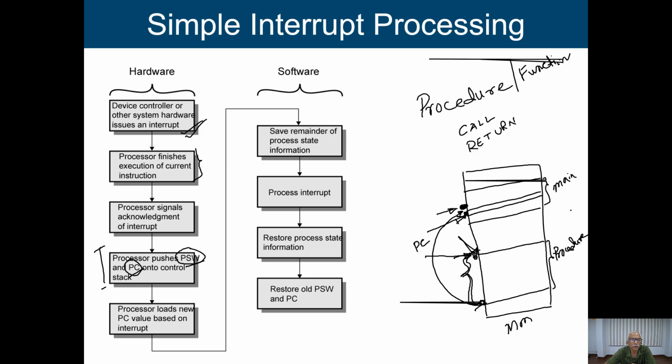Now the processor loads the new PC value based on the interrupt. Based on the interrupt, we have several interrupt service routines. This is maybe for hard disks. In some other location we may have some other service routine to handle other devices. So what will happen in this case? Depending on the device, it is going to load the program counter with the starting address of this particular device service routine. Now we are ready to run this program, but before starting it, it may happen that